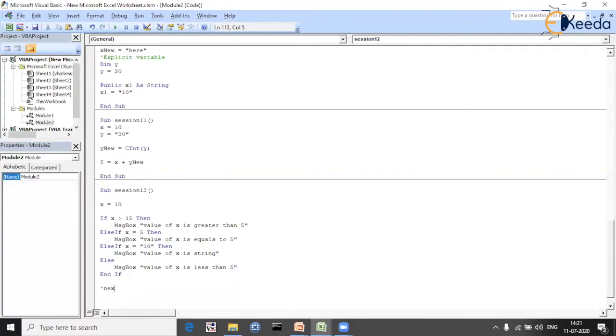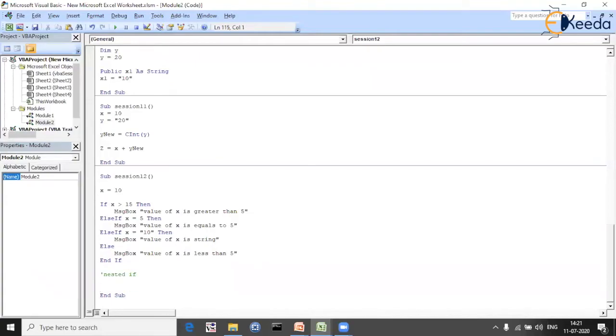Next is nested if blocks. So nested if means one if inside another if. To give you an example, as we have the value of x as 10, let's have a condition: if x is greater than 5, then inside this we'll have one more condition where we'll say if x is equals to 10, then